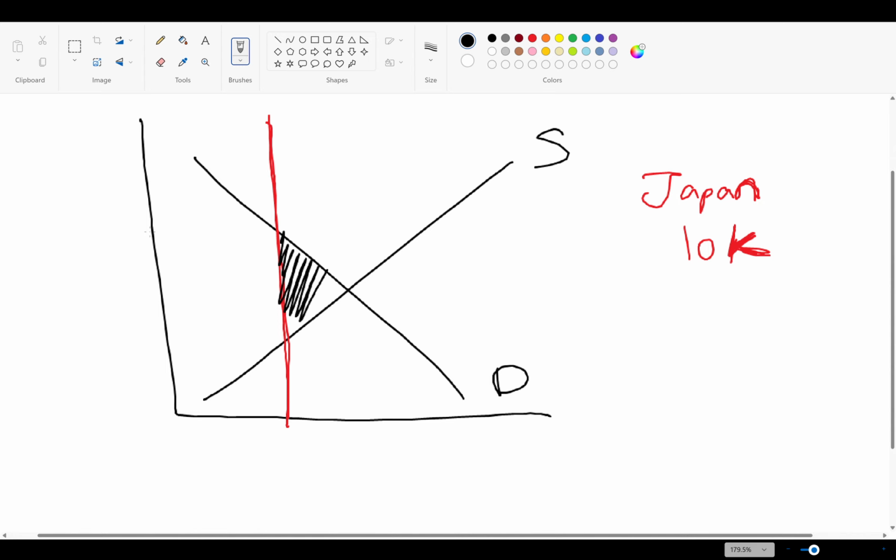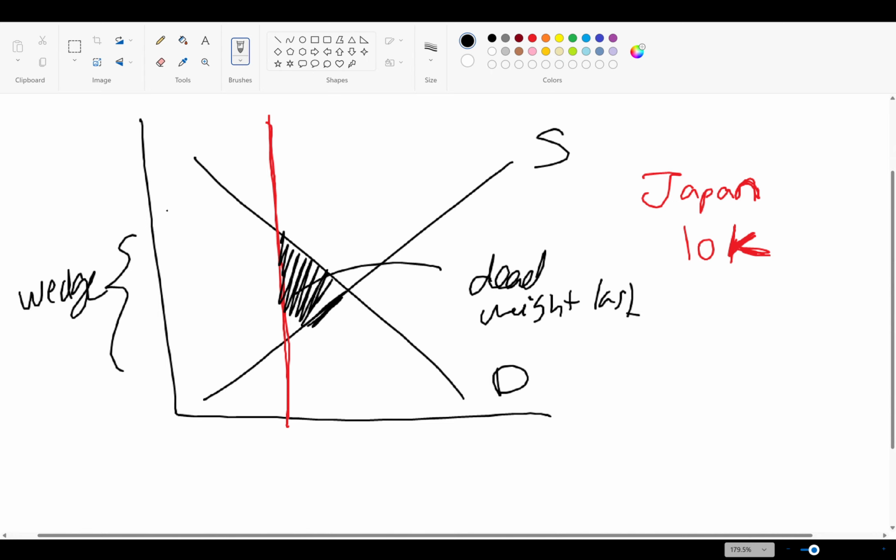Now this shaded area is called deadweight loss. And this region is called the wedge. And obviously, again, we have to label this. This is the price of the good, and this is the quantity supplied. The price and the quantity of the good. Sorry. So if the government restricts how many goods, for example, can be imported into this country, the supply,